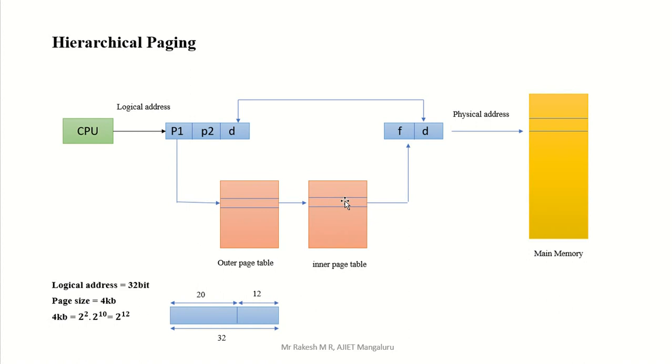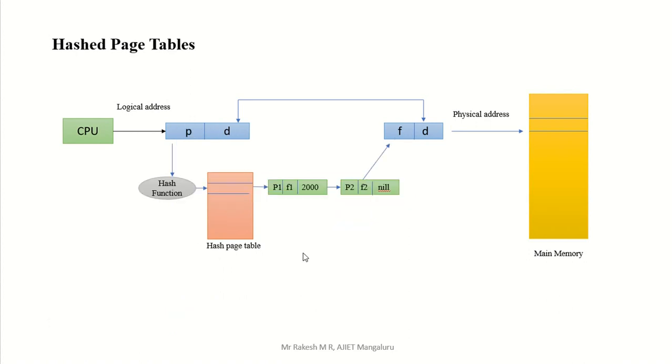Here efficiency is good. Now another one, we will go for the second one, hashed page table. Again, the concept is almost the same. Here we have the CPU. The CPU will send a logical address to the memory, but in memory we have a physical address. In order to convert that, we have this concept that is called paging, that means the page table concept.